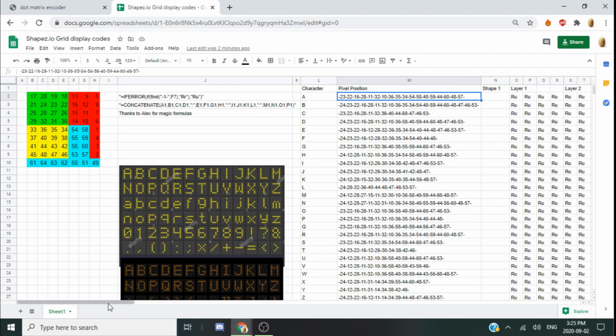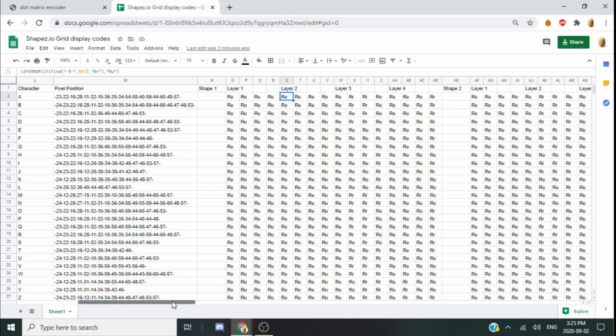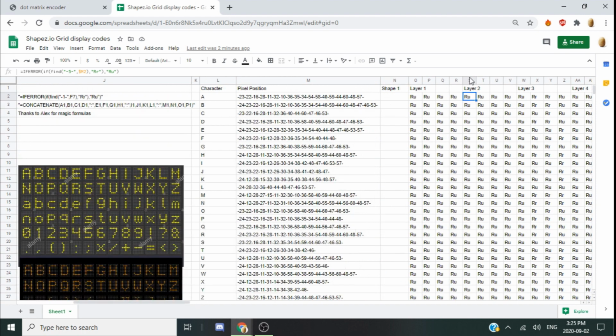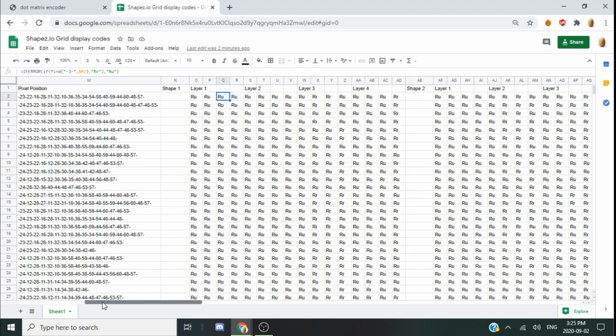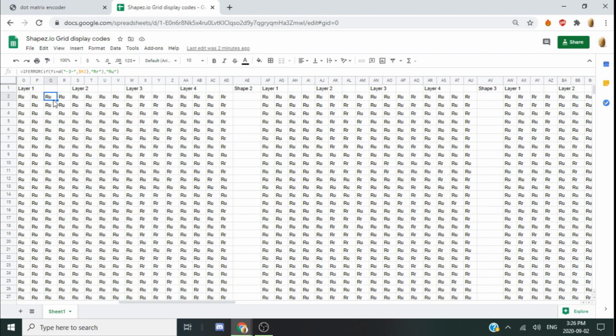Alex X was the one who gave me the formulas. As you can see, each of these tiles has a formula up here. What this does is search for a certain number, and if that number is there in the code, it means that position will be lit up, meaning the shape code becomes RR for rectangle and red. Else, if it can't find that, it'll be RU, meaning uncolored. So it searches from the numbers 1 to 63